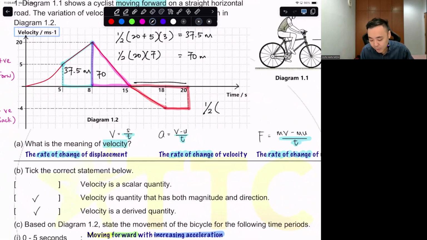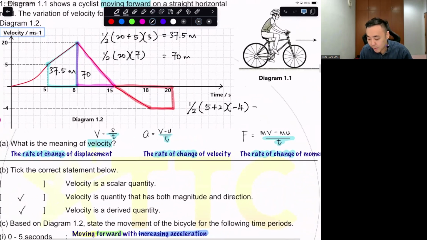All right, now look what I do. Trapezium, same thing also, right? The longer side plus the shorter side, and then multiply the height. Now, the longer side is how much? 15 to 20 is actually just 5. And then the short one, 18 to 20, is 2. After that, normally for me, I put negative 4. Why? Because when I put negative answers, I will get a negative area, which reminds me that,